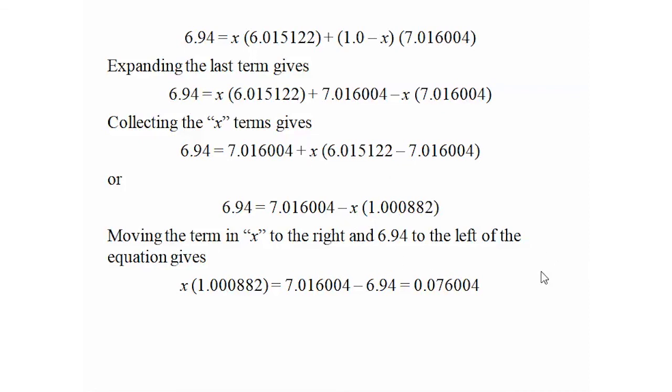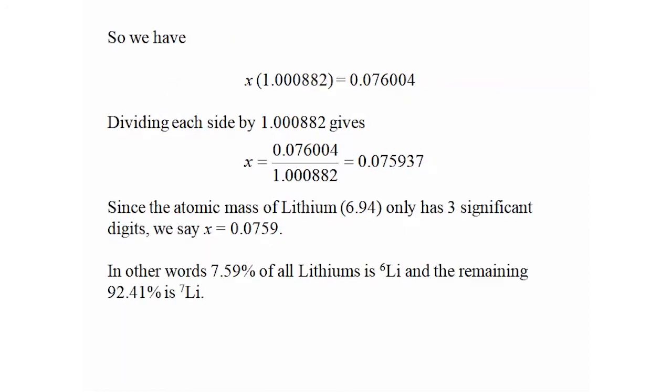Moving the term in X to the right and 6.94 to the left gives us, I moved this to this side, so it became positive, is equal to 7.016 minus 6.94, or 0.076004. So we now have that the fraction of lithiums that's lithium-6 times 1.000882 is equal to 0.076004. If we divide both sides of this equation by that number, we get that X is equal to 0.076004